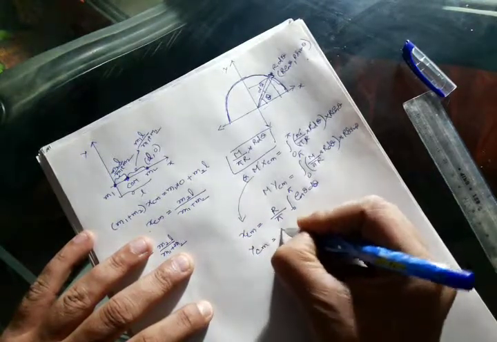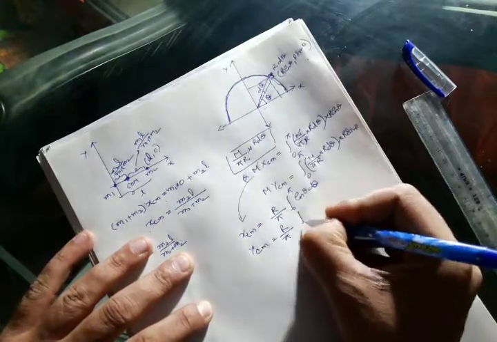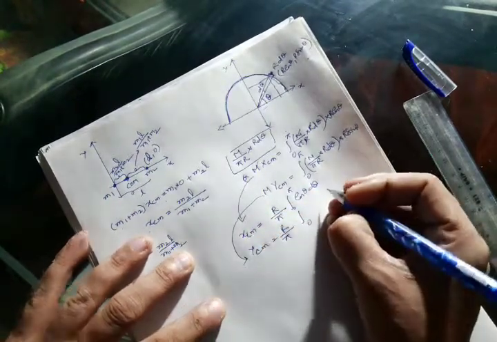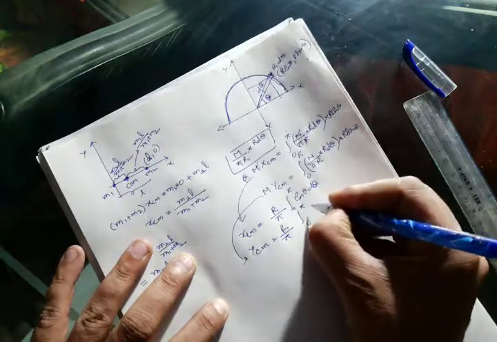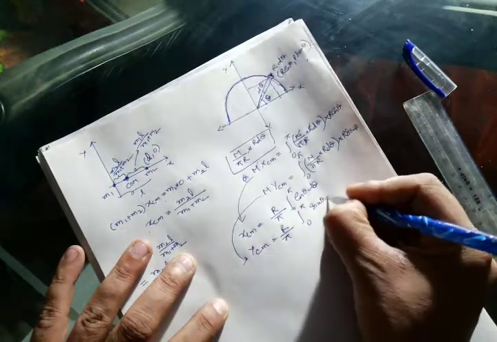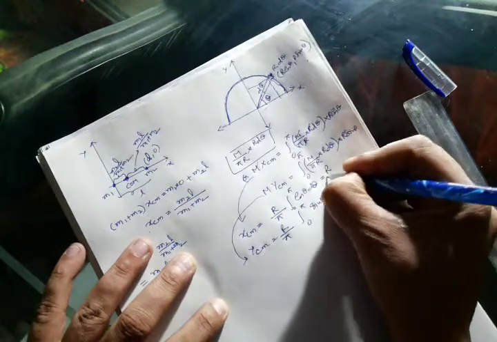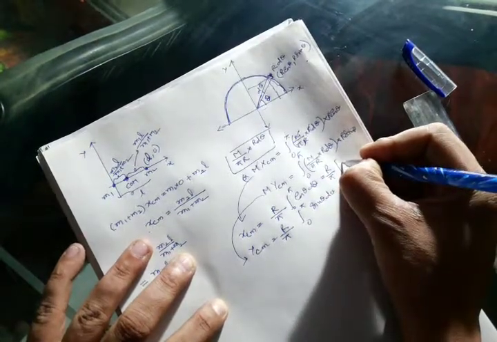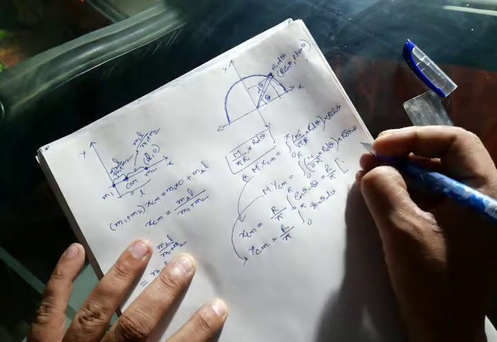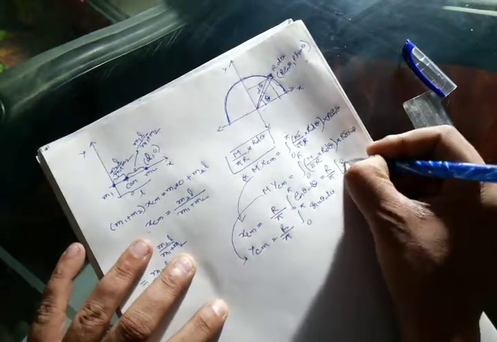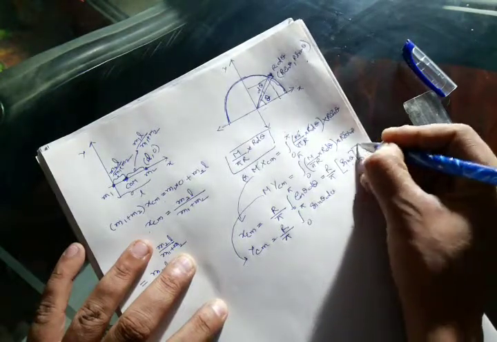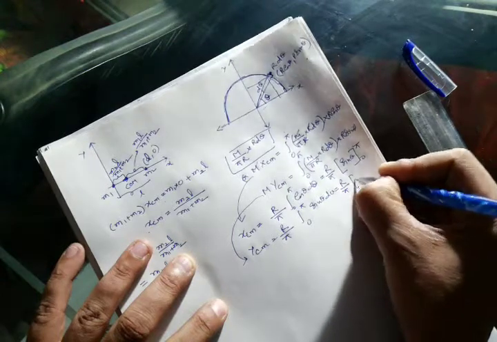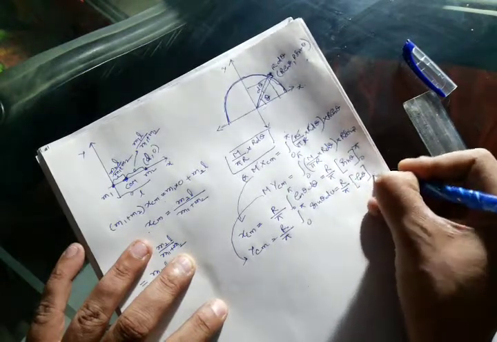Ycm will be r over pi integration 0 to pi sin theta d theta. This will be r over pi times minus cos theta from 0 to pi,